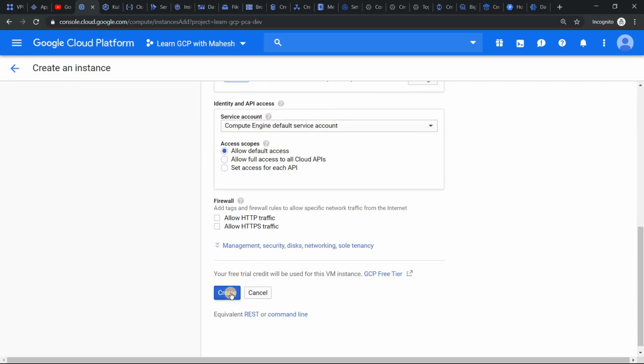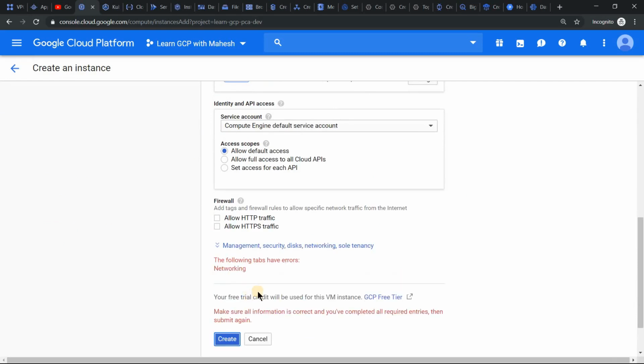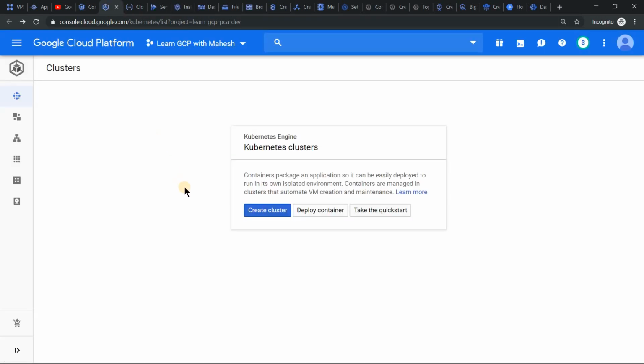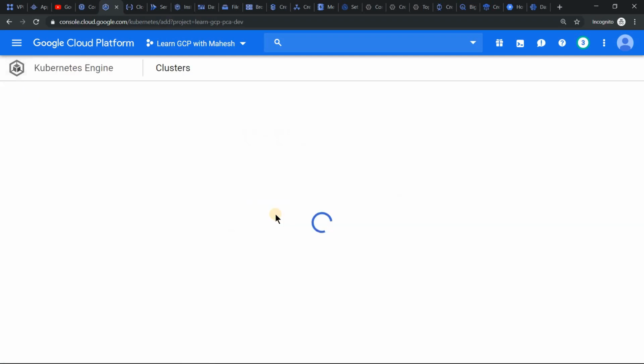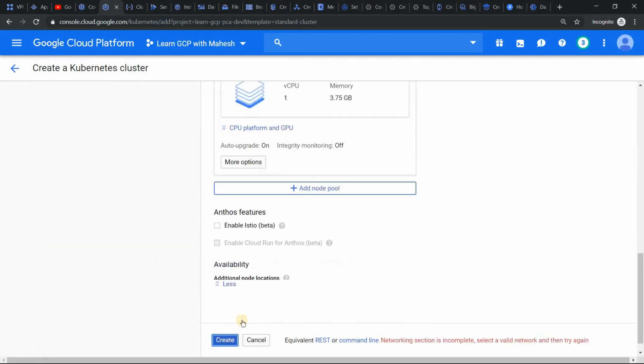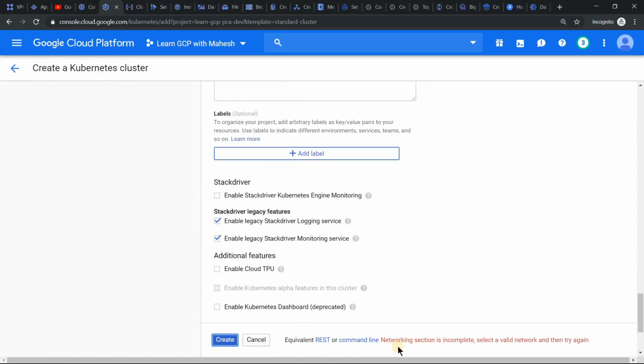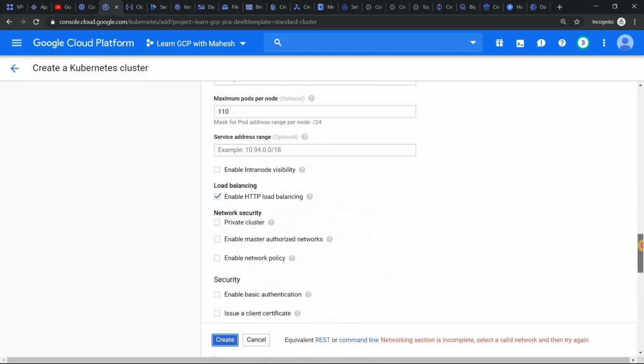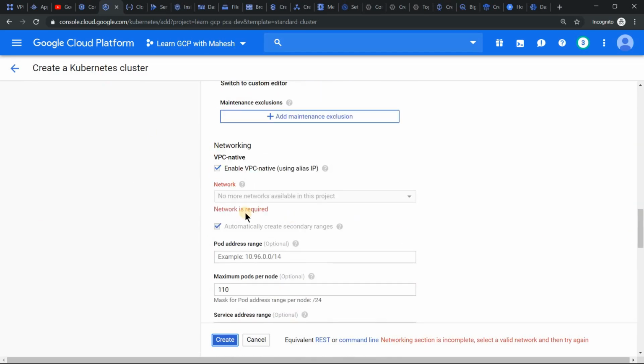And let's just click on create, and you'll get an error saying that the network is not there. Similarly, Kubernetes engine, you can still go ahead and try it, but it's not going to work. The reason is Kubernetes engine behind the scene also uses virtual machine, but just for your satisfaction or for the completeness of the video, if you just try to create a cluster with all the default setting, you should get the same error saying that the network is not there.